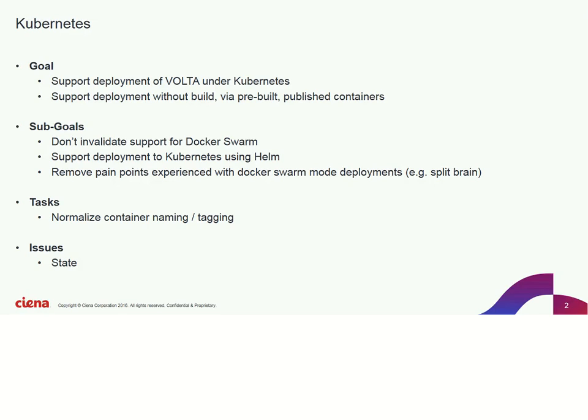So one of the things we're going to be doing is making sure that there are pre-built public containers with a functional lineup that can be deployed and run under Kubernetes. We won't yet invalidate Docker Swarm support, but in the future we probably will. For the time being, we'll support both, so you'll be able to run under either Swarm or Kubernetes. But at some point, we need to cut the support of this duality and go with one specific container management.